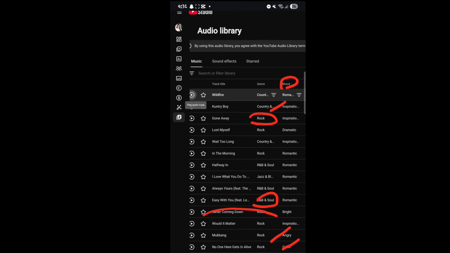But if you don't know, once you do this, you can just go over and download, and that is it. It saves automatically to your gallery or to your music playlist or whatever. It saves to your phone, and you can search for the music name or the song name in your editing software, and you're going to see it right there.